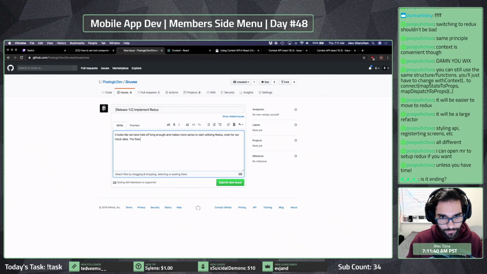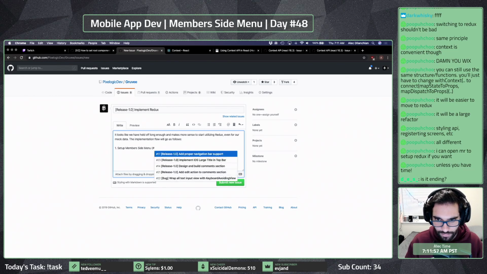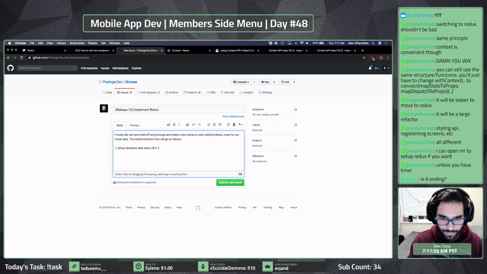The implementation flow will go as follows. One, set up members side menu. So this is add proper navigation support. This is currently in progress.